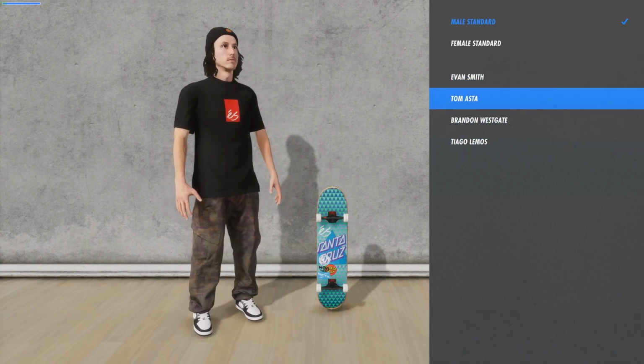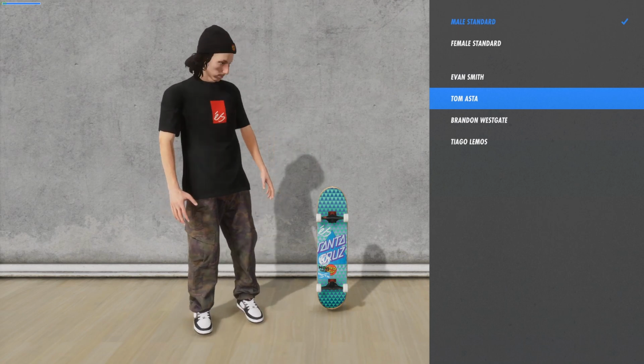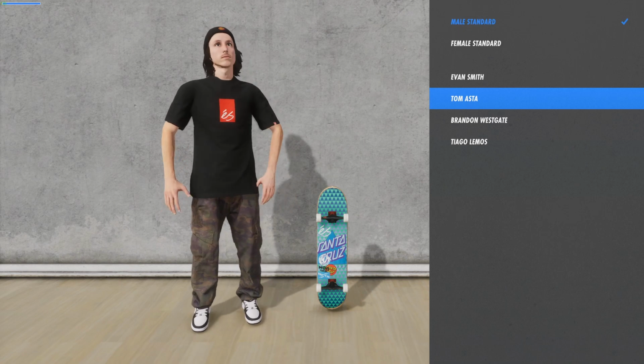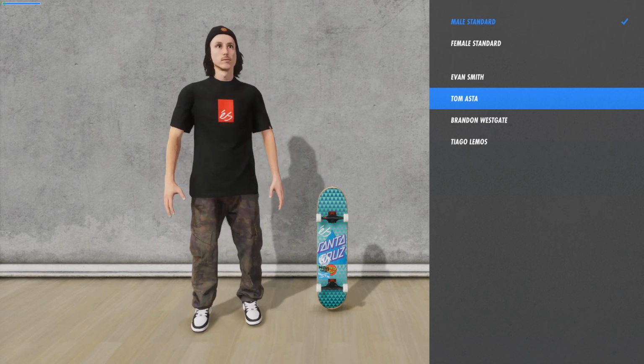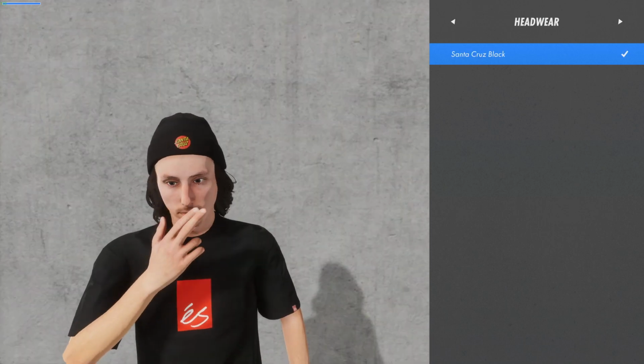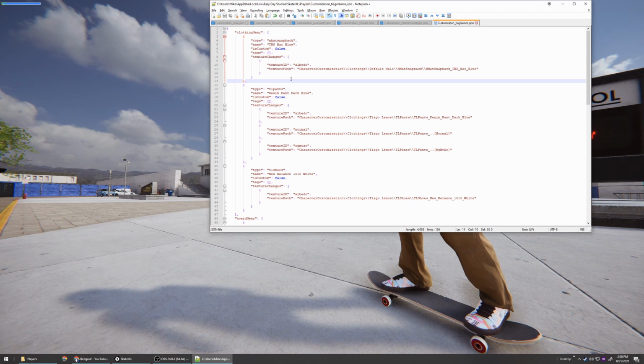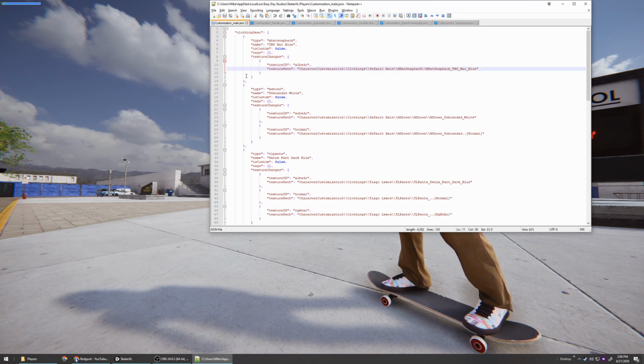I've got some pretty crazy things going with Tom Asta, because his hair is actually a part of the character body, but the hat is not. So as you can see, you can choose different hats. So it's possible for us to take that same snapback,